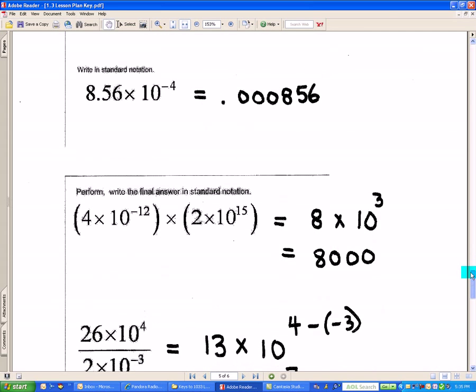Okay, on the next one, we have 8.56 times 10 to the negative 4th. Now, the directions say write the answer in standard notation. 8.56 times 10 to the negative 4th is already in scientific notation. We're trying to write it how it would be without being in scientific notation. That's called standard notation. Multiplying by 10 to the negative 4th basically is telling me to take the current location of the decimal and move it 4 places to the left, thus giving me the answer